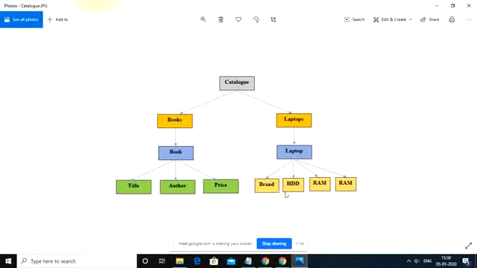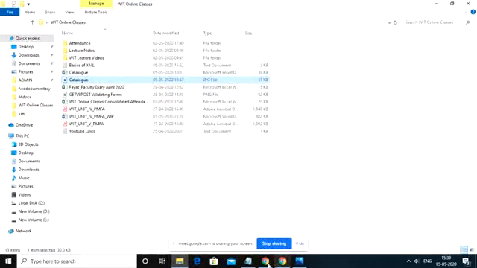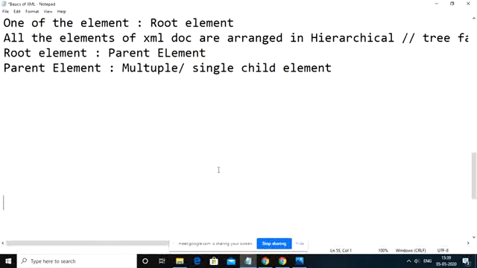Similarly, every element, whether books, laptops, book, laptop, title or author, has an opening as well as a closing tag. So till now we have seen that the XML document structure looks like a tree.